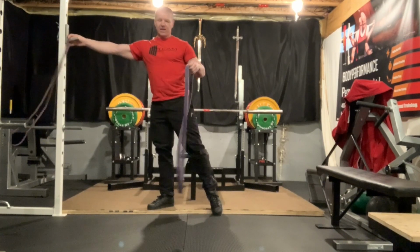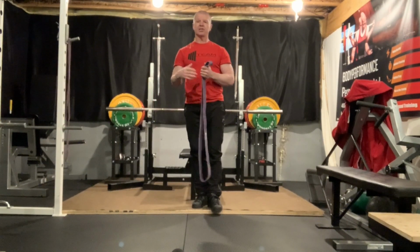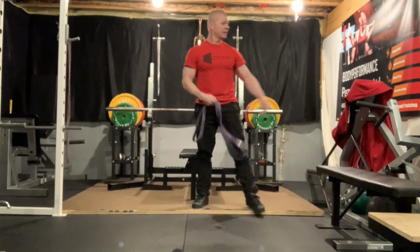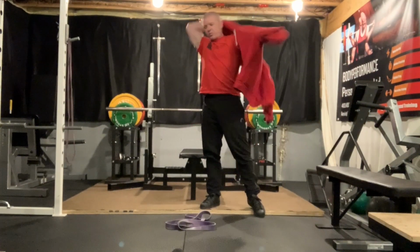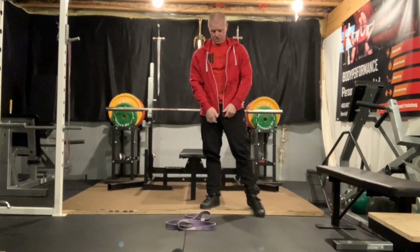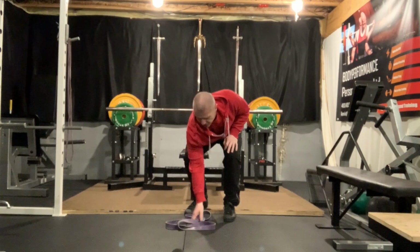This is a bit of a bigger one. Typically you can buy them in packages that have different thicknesses, so I think that's a good idea if you can. And just as an example, I can barbell squat in the neighborhood of 500 pounds. So with this band that costs a few dollars,